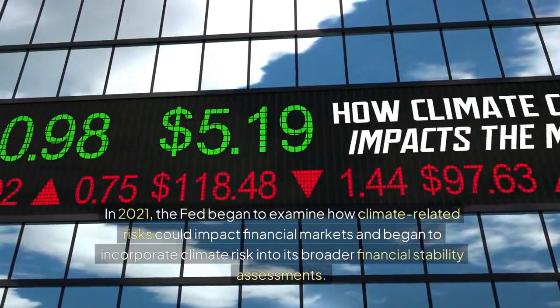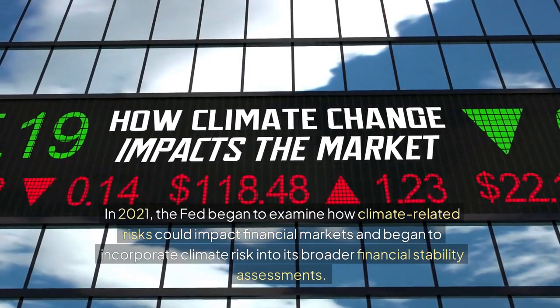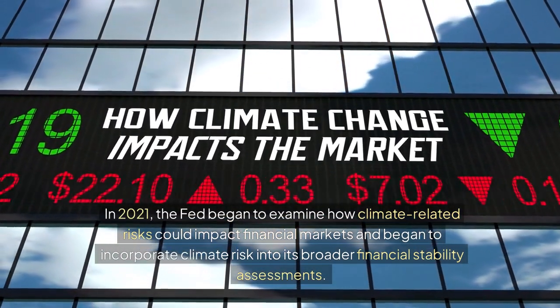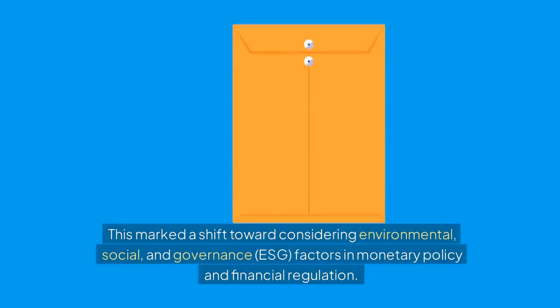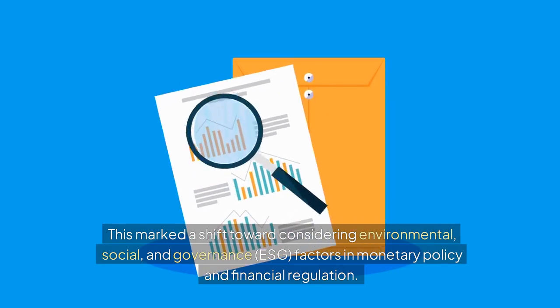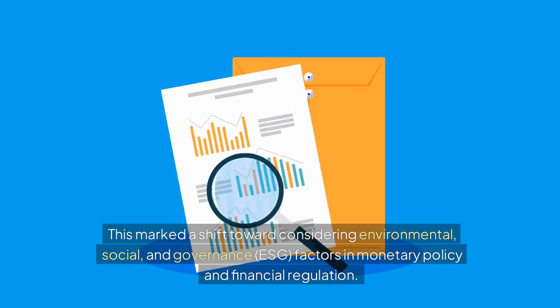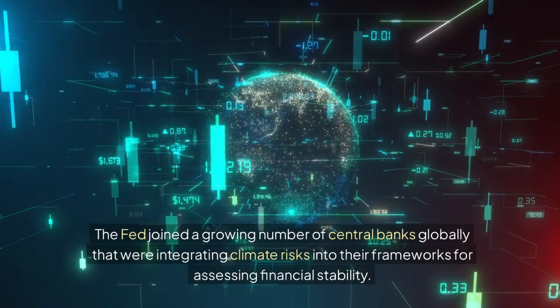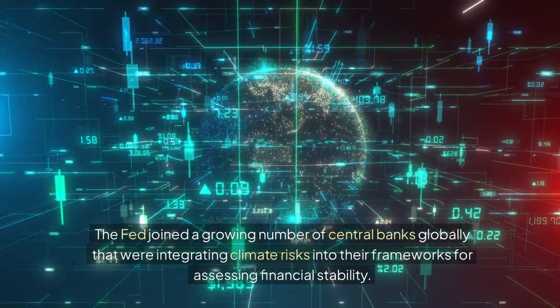In 2021, the Fed began to examine how climate-related risks could impact financial markets and began to incorporate climate risk into its broader financial stability assessments. This marked a shift toward considering environmental, social, and governance (ESG) factors in monetary policy and financial regulation. The Fed joined a growing number of central banks globally that were integrating climate risks into their frameworks for assessing